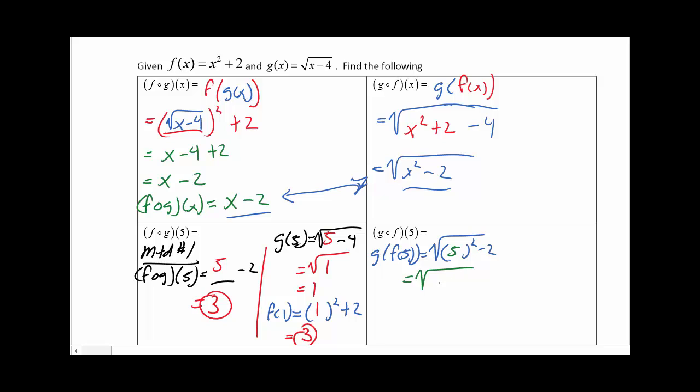So that'd be 25 minus 2, which is the square root of 23. And then, so that would be it. That would be the square root of 23 for my composed answer. And then method 2,